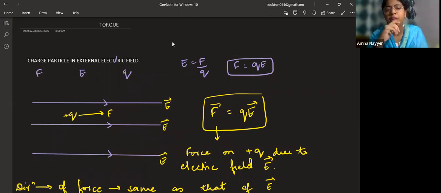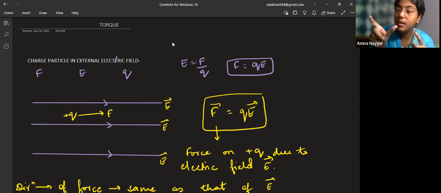Statement-based question as in, one statement would give you that net force is 0. In the second statement it would give you torque is 0. So somehow you have to manage by yourself whichever quantity is 0. If it is plus q minus q, then net charge is 0. Whatever the statements are based on, just be careful when you are dealing with force and when you are dealing with torque,